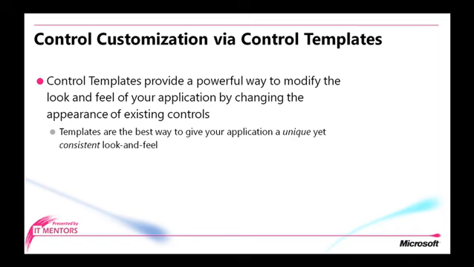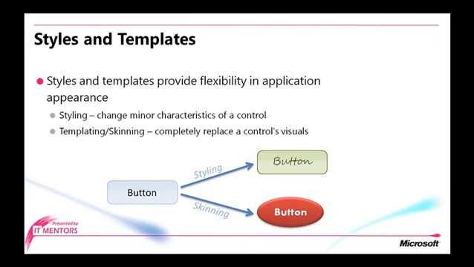They allow you to easily change the look and feel of existing controls without having to redesign the controls from scratch. They are probably the best way to make an application that is unique and interesting looking and yet still present a consistent appearance. Both styles and templates can be used to modify the appearance of controls in WPF. Styles, which were covered in a separate video, allow you to modify minor characteristics, whereas templates let you make wholesale